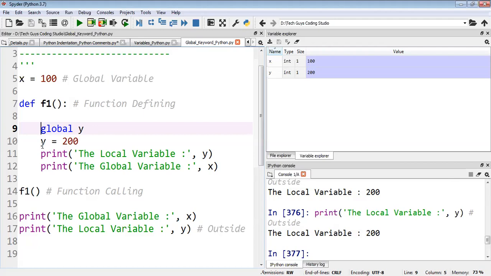We should know the global keyword, it's very important. The global keyword is used for variables, and sometimes we can use it for functions also. If we want to define some functions outside the class or inside the class, at that time we can also use global. It's a keyword, so it's very useful and very important in advanced Python.